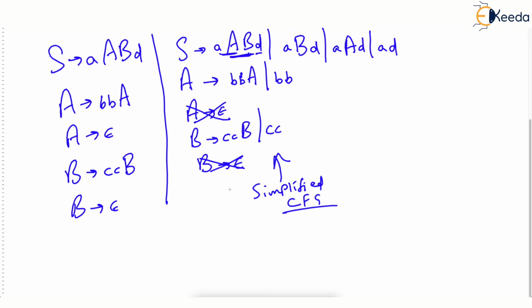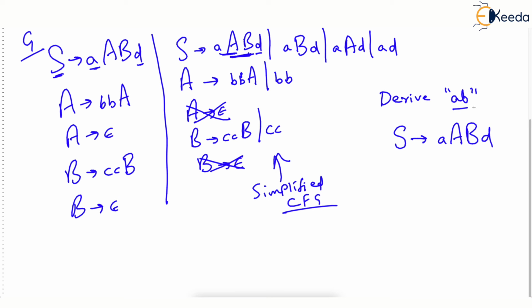Here is the explanation. Just see, the smallest string that can be derived from this original grammar G is AB. Smallest string. Let's try to derive. I will derive the string AB from the original grammar. We start with S. S is the start symbol, of course, so we should start from there. S derives AABD. First production I have used.